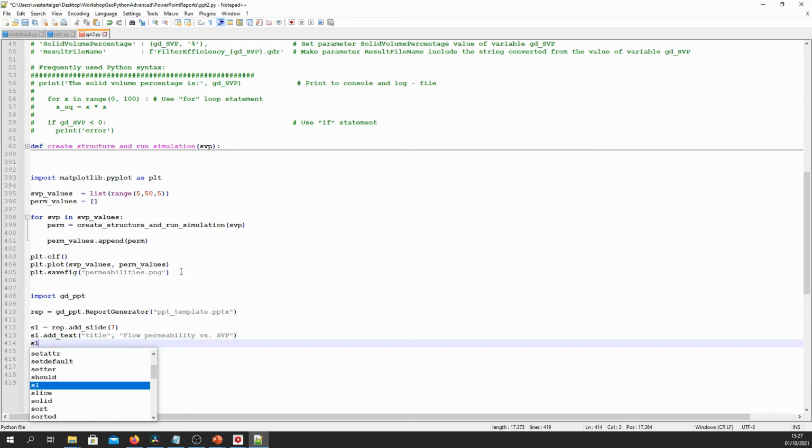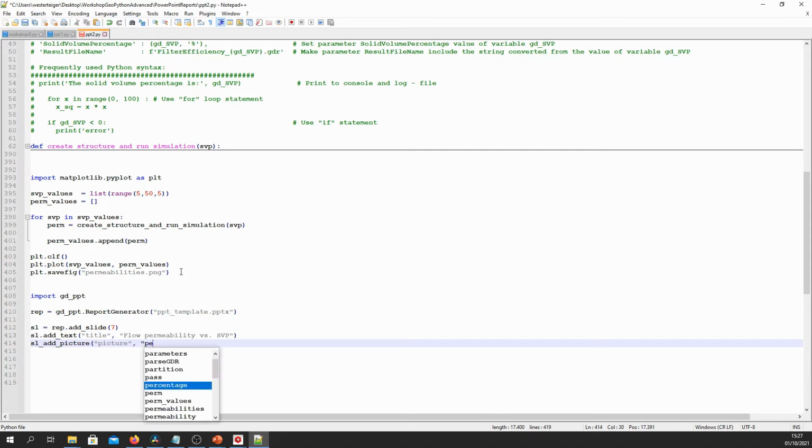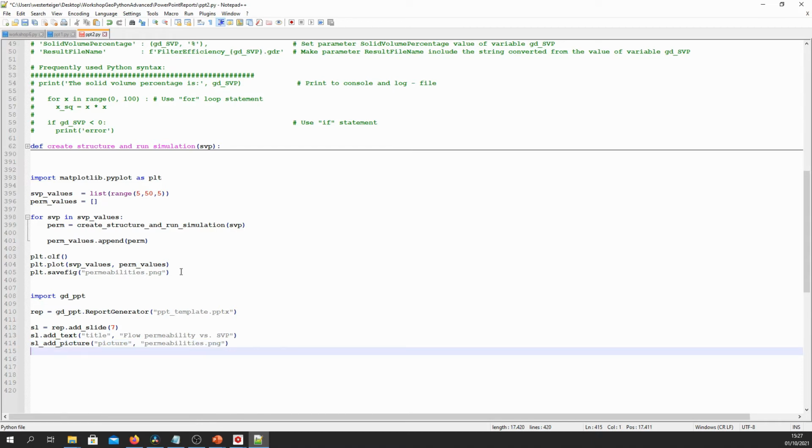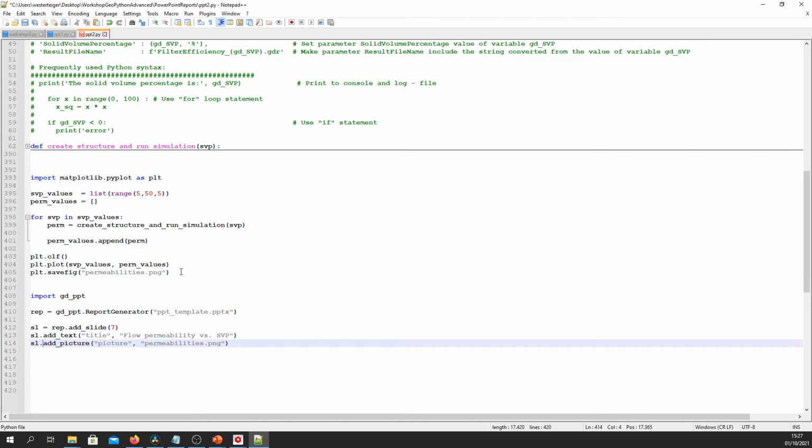And then we can already add our picture because we have already produced that picture in the code above. So add_picture, and we replace the placeholder called picture by the concrete PNG file permeabilities.png. Oh, sorry, I put an underscore, there should be a dot. So sl.add_picture.